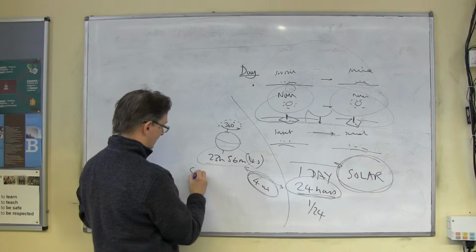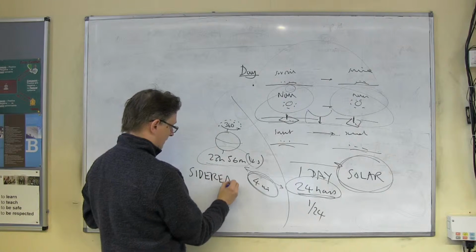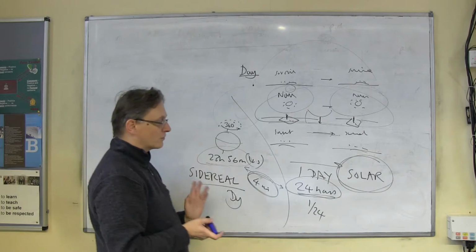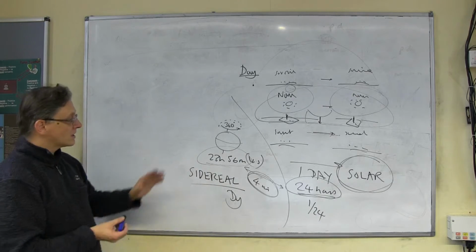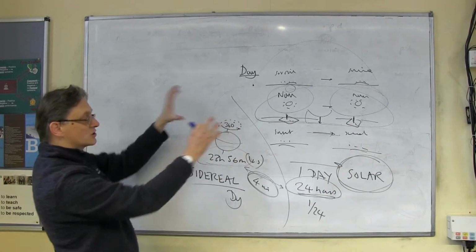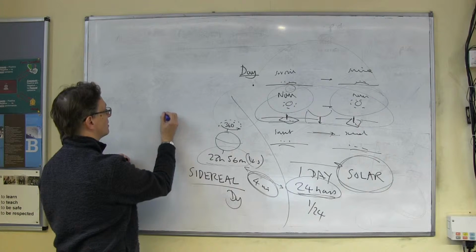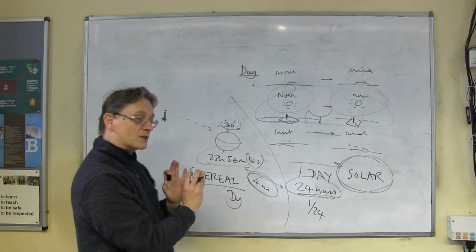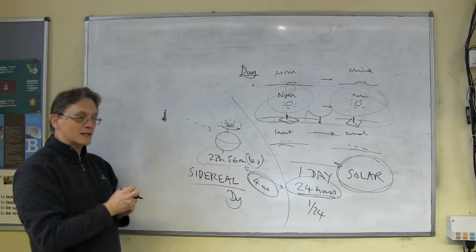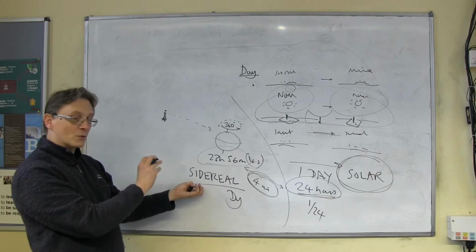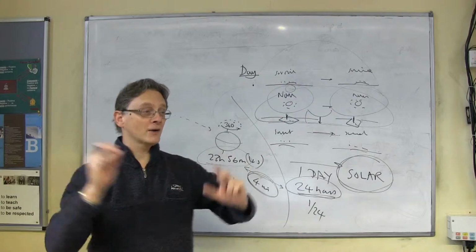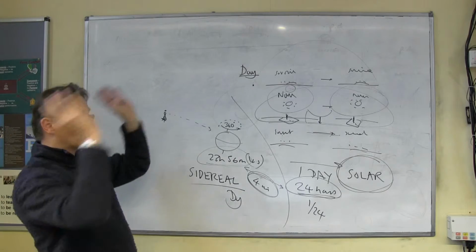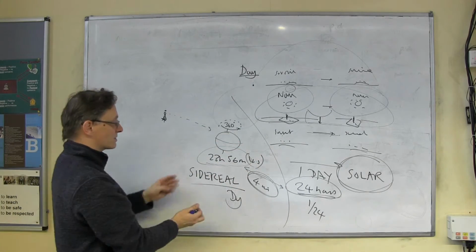This has a rather grand name. It is called the Sidereal Day. Now, we're going to come across the word sidereal several times in this section. Sidereal always means zooming out, imagining that you lived on a distant star and you were looking in at the Earth, Moon and Sun system from the outside. It comes, I think, from Latin for star. So whenever I use the word sidereal, I'm not standing on the Earth looking around, I'm talking about zooming right out from the Earth, Moon and Sun, a long way away, looking in as though from a distant star. That's what sidereal always means.